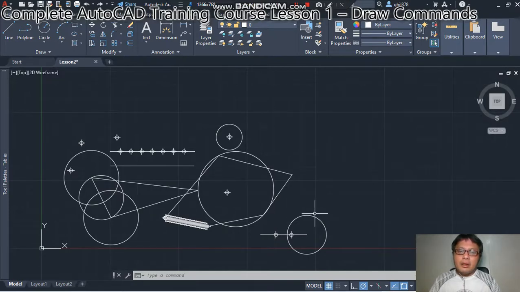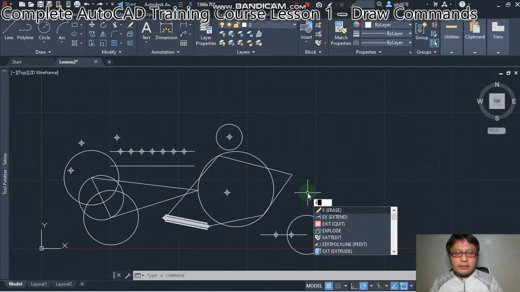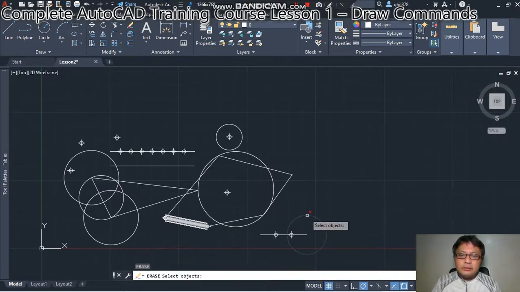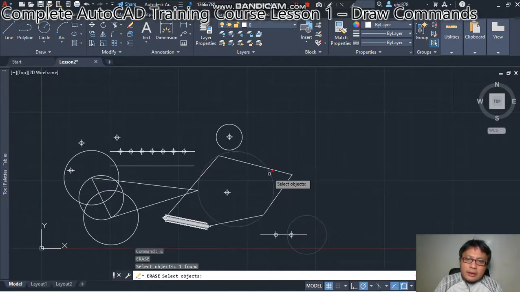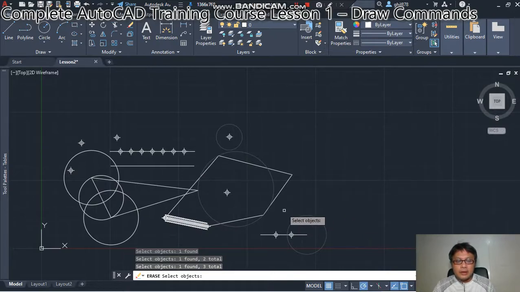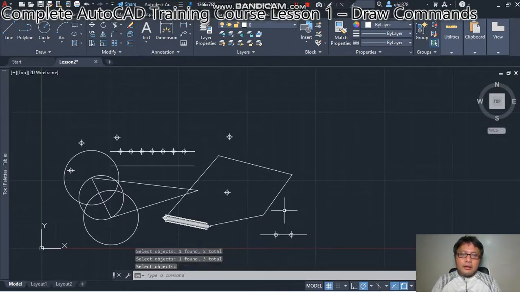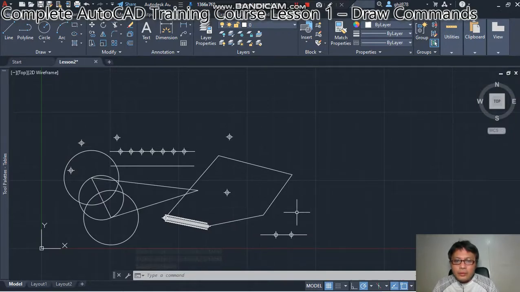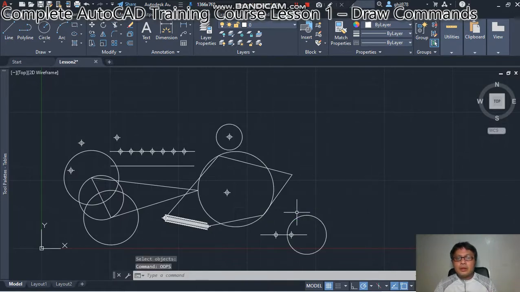Then let's say I will erase again. E for erase, enter. This object, and this object. So the 3 circles. Enter. So I have erased it. So another way to undo what I have done is the command oops, then enter. It will undo, just like the undo command, it will undo what you have